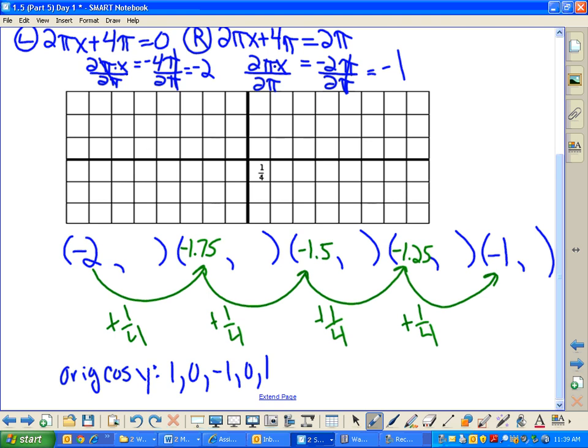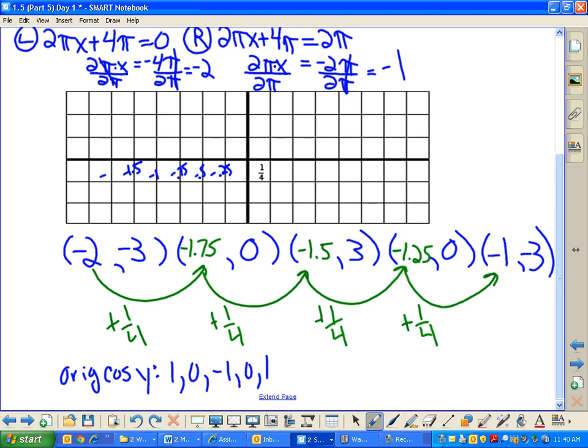So I take 1 times -3, that's -3. 0 times -3 is 0. -1 times -3 is 3. 0 times -3 is 0. And then lastly, 1 times -3 is -3. You'll see that they scaled the x values for us. It's scaled by 0.25 or 1/4. So if you repeat the scale over here, here's -0.25, -0.5, -0.75, -1,